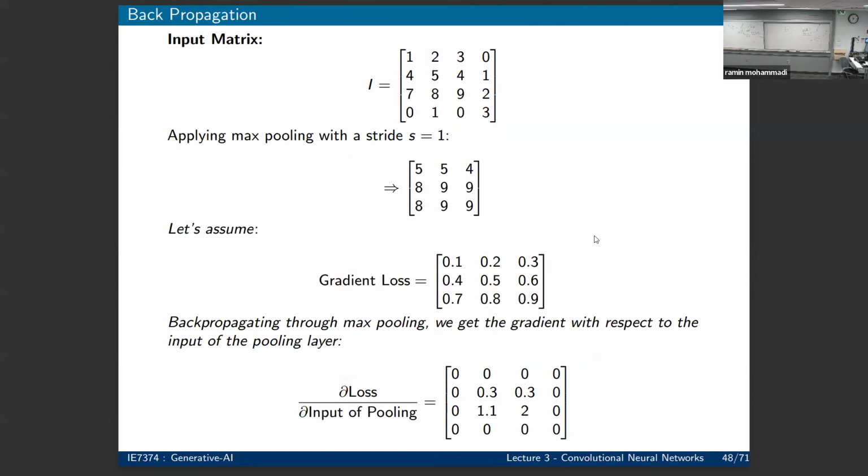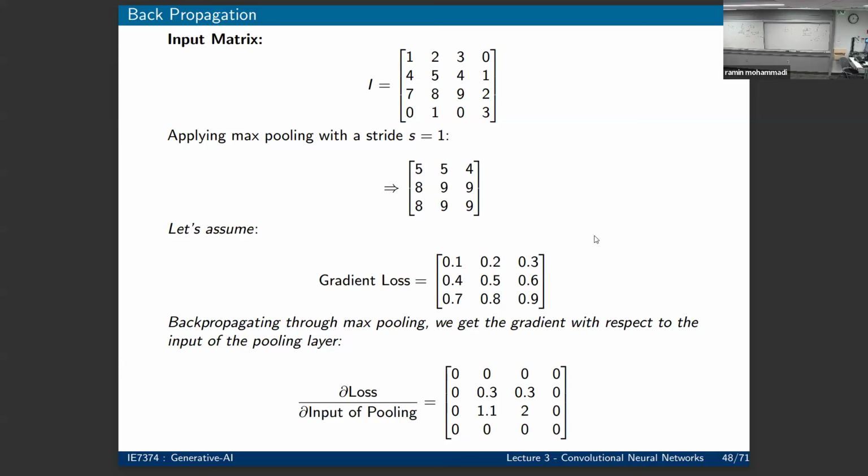Sorry, we are doing 2 by 2 still. It's supposed to be a 2 by 2 with a stride of 1. So this becomes 5. Then you shift it by 1, still 5. Then you shift by 1, 4. Then you go 1 down here, it becomes 8, then here all becomes 9, and here 8. So you see, if you think from the perspective of reshaping the gradient,